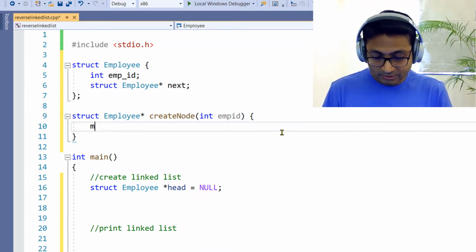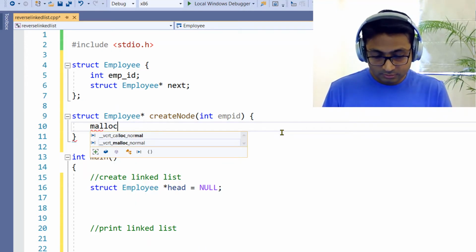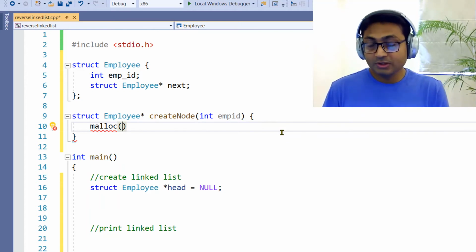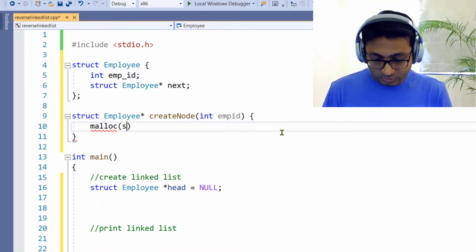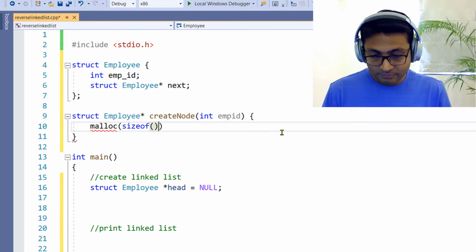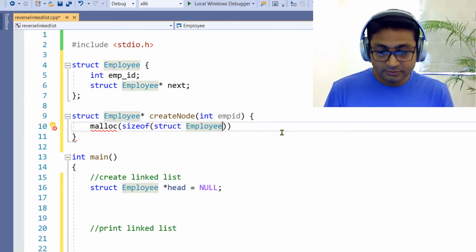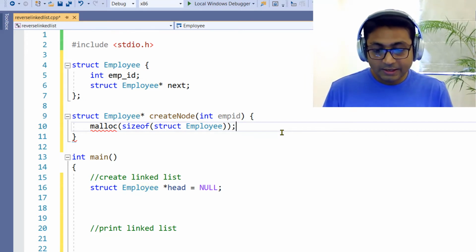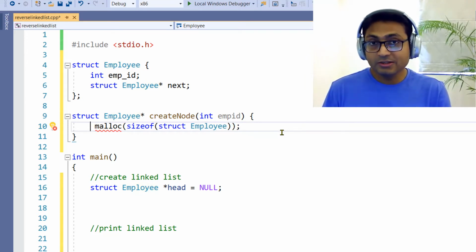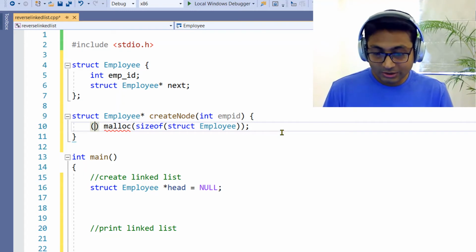So I'm going to say malloc the size of the structure, isn't it? So I'm going to just say sizeof struct employee. All right. And what does malloc return? Malloc returns a void pointer that we need to typecast.